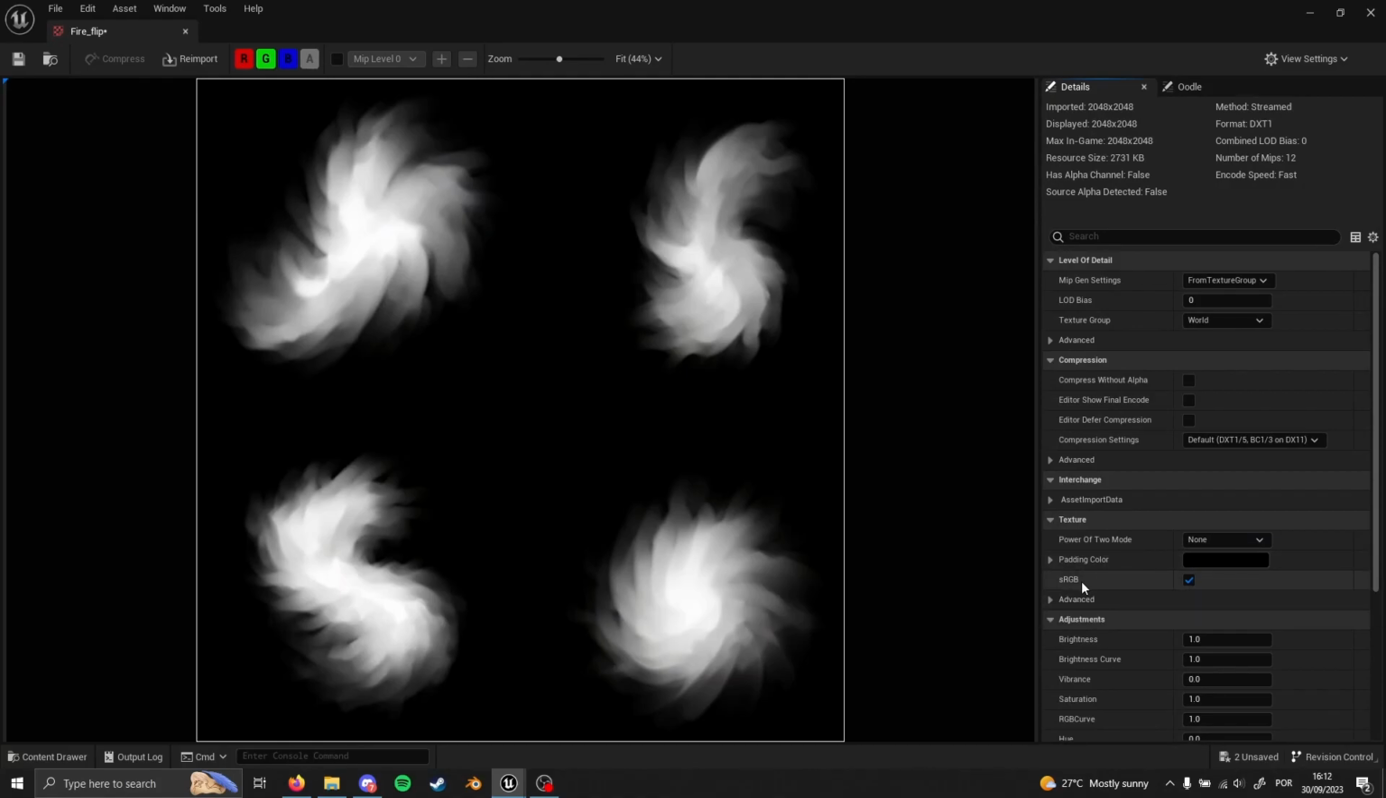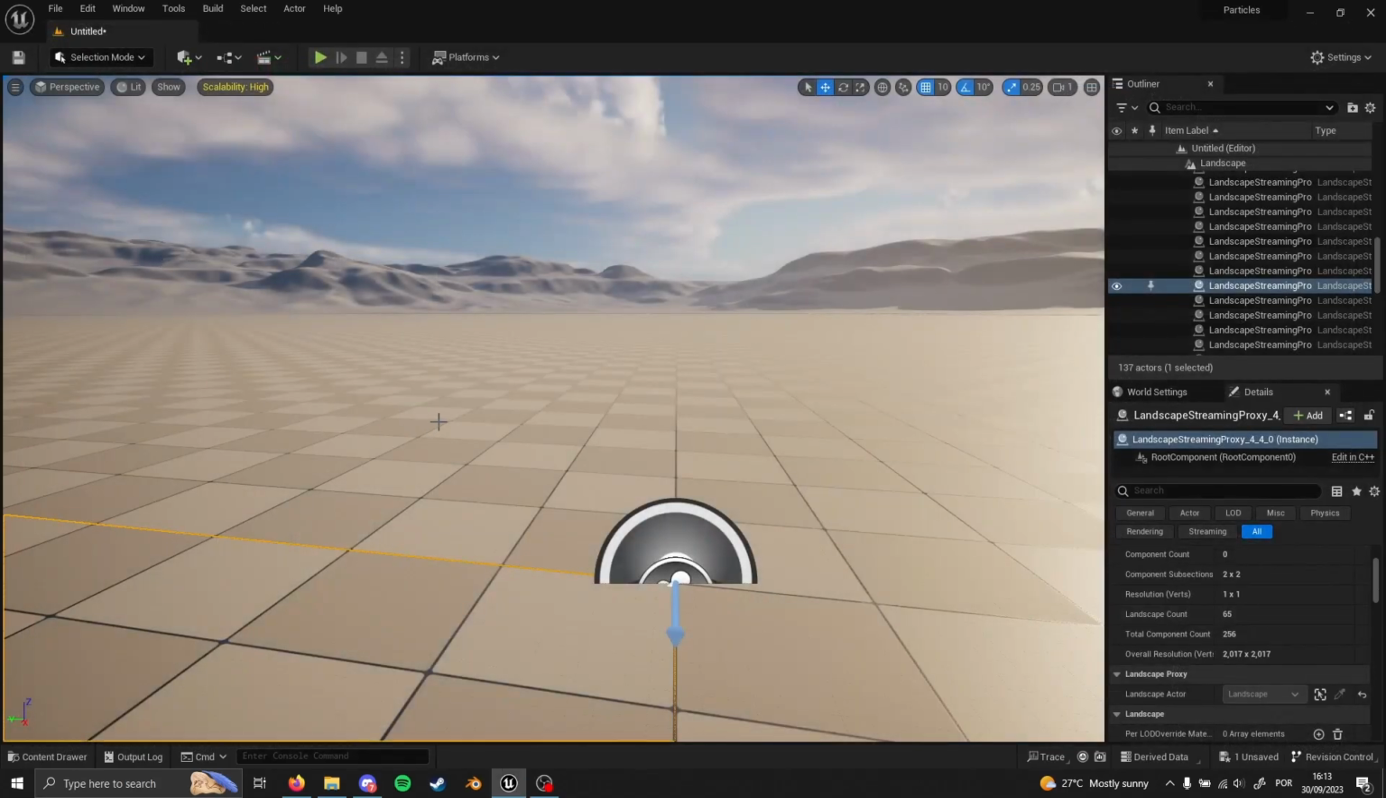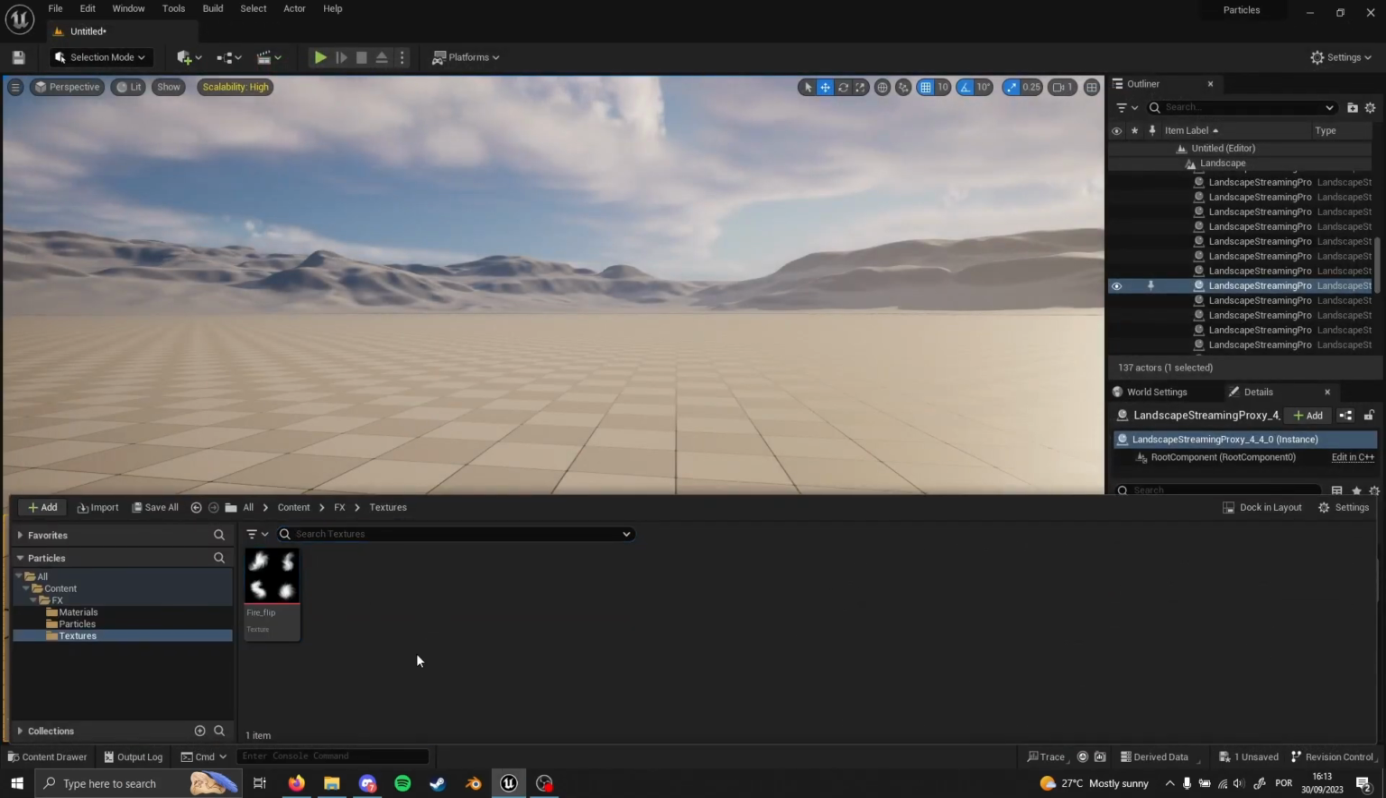and then disable this option here, this sRGB. We are going to disable it, and also we are going to change the compression settings. I'm going to make it grayscale G8, and then Ctrl S to save the changes. Alright, so now I can close it and then Ctrl space to bring up this dash again,